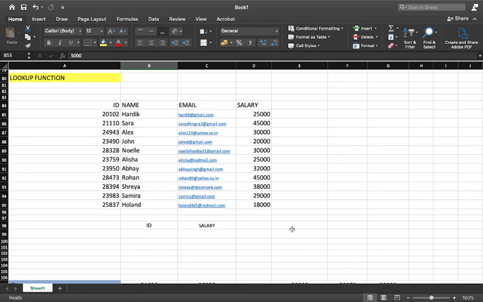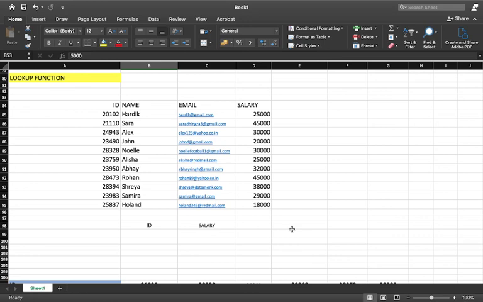So if you don't know whether the particular table is in a row format or a column format, and you're not very specific about looking for an exact match, and you need to find a rough value, then you can easily use this LOOKUP function,